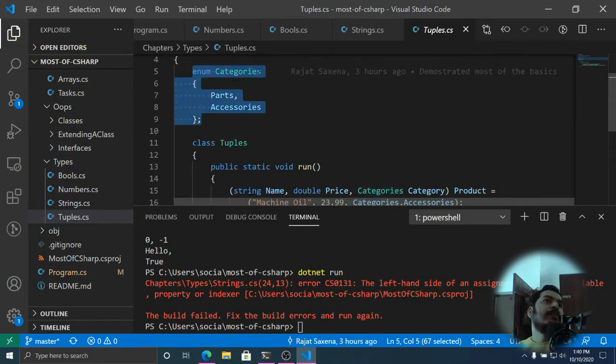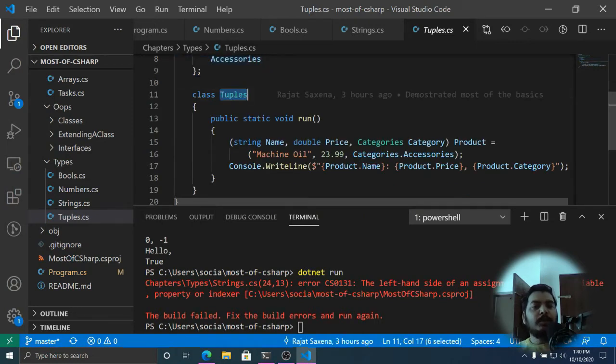The most common use case for enums is representing days like Sunday, Monday, Tuesday, right? There cannot be an 8th day, or to represent months, because there cannot be any random 13th month. It has to be any out of those 12 predefined conventionally known months, right? So this is how we use enums.